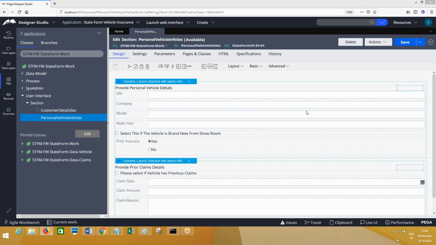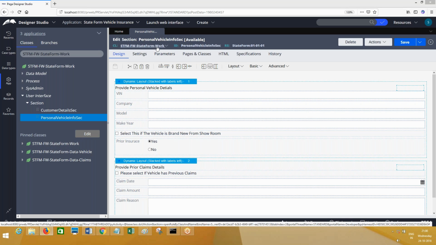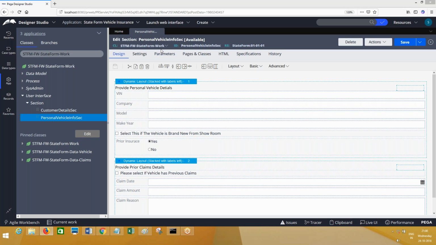Everything goes into the work table only, because it is under the work class. So it will go into the work table only. Existing layout, you want to insert data or controls? Which one are you asking about? If you want to insert data into an existing layout, what do you mean by data into layout?